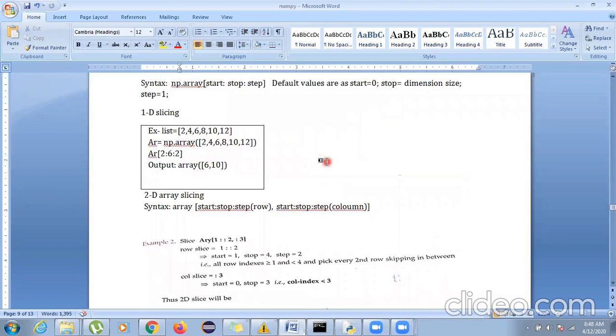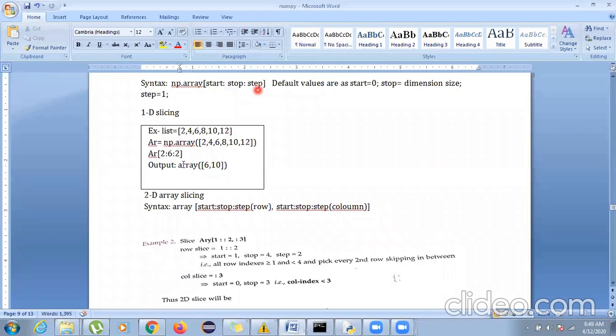So for slicing, what do we do for 1D slicing? We have a list. You just define the start, where to stop, and what should be the step taken by it. Step says, do you want to leave one count and jump on to the two? Do you want to leave two counts or jump on to the next one? Or do you want it sequentially 1, 2, 3, 4 like this?